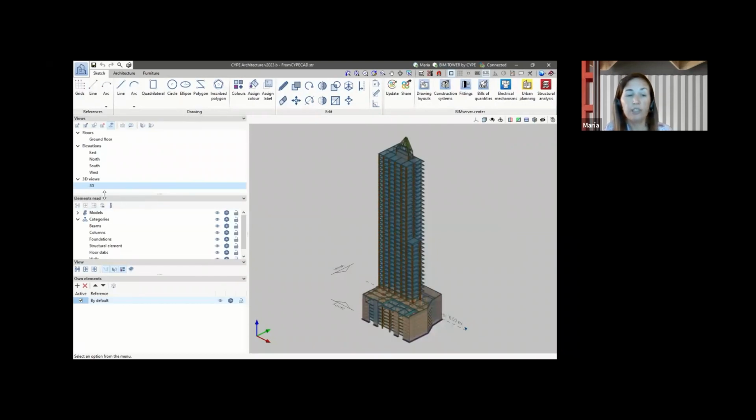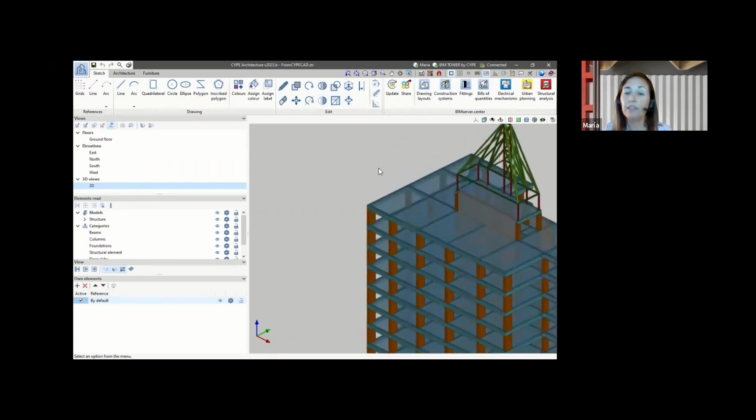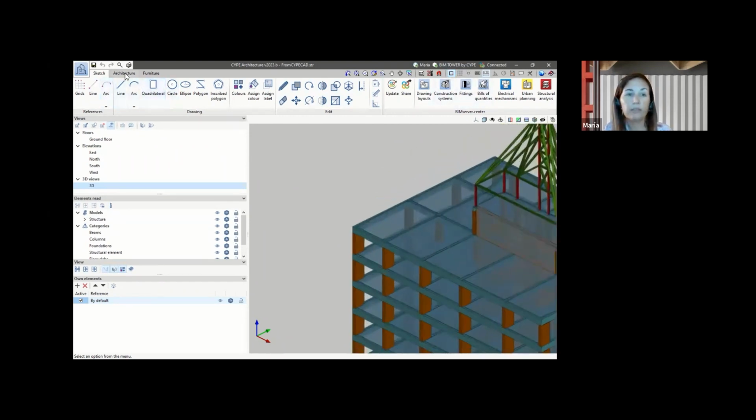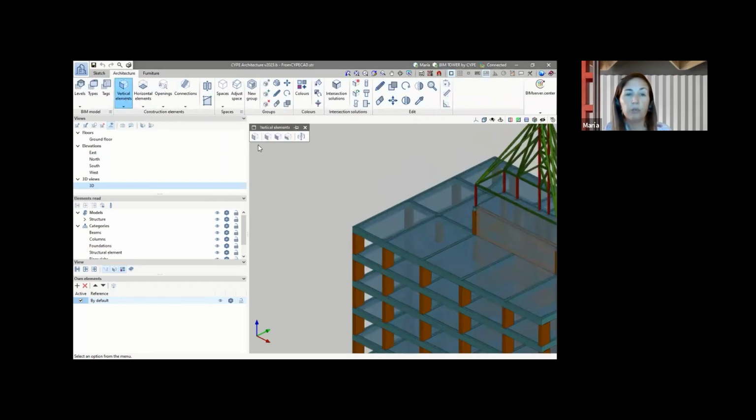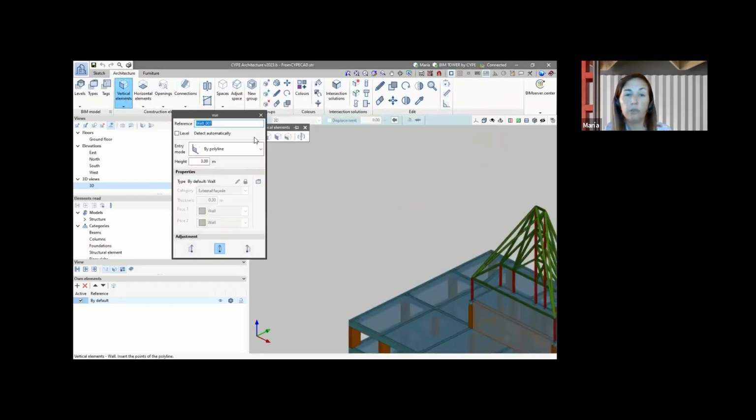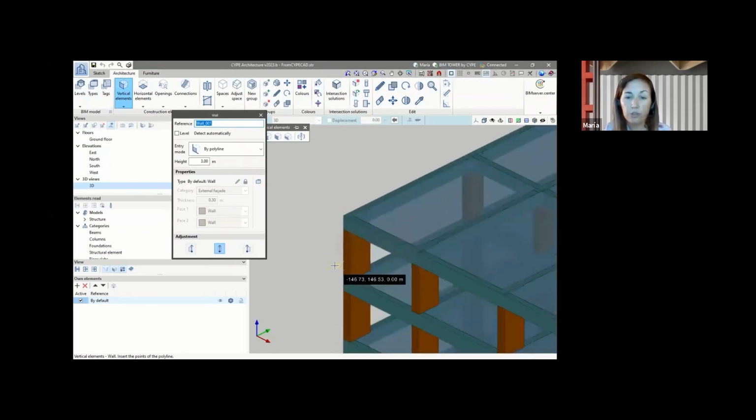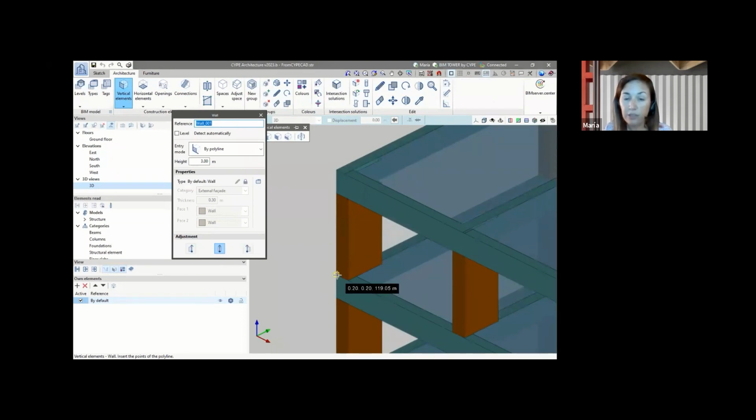As you see here in the interface, CYPE Architecture has the ability to read models that are from other programs, like the structure in this case. And not only that, this is not only something that we are seeing, this is something that we are able to capture using the object snap option. So from the architecture tab, we could come here, pressing the wall button, and use this. As you can see in yellow, we are